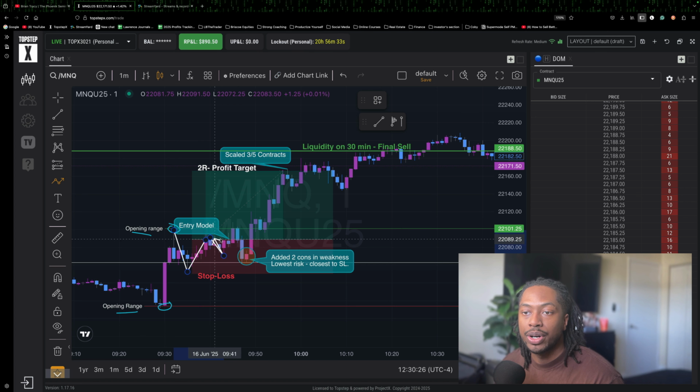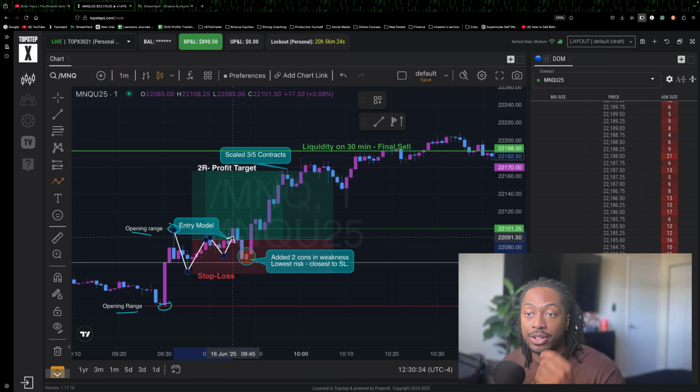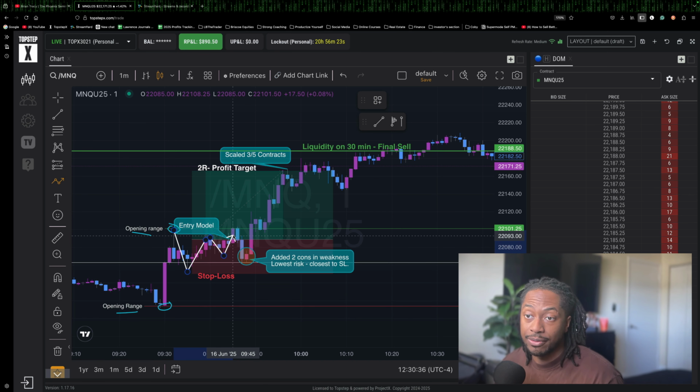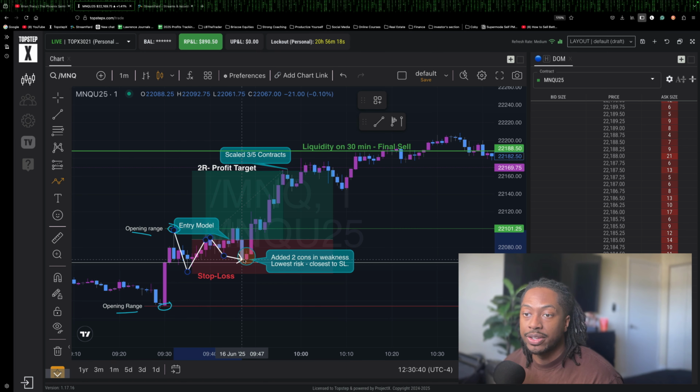And then on the break of the neckline right there, I go ahead and enter once we get a little bit of momentum. So I didn't enter on this candle. You can see we got a little bit of momentum on this candle. I entered right there. At 9:45, we got almost an immediate retest, but we had this nice little candle right